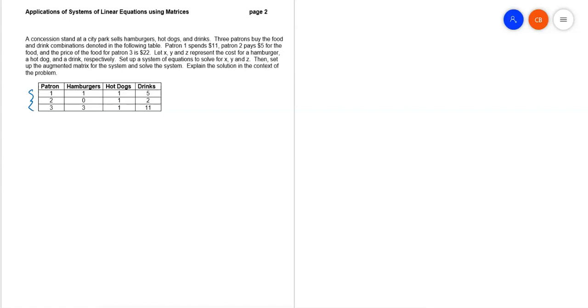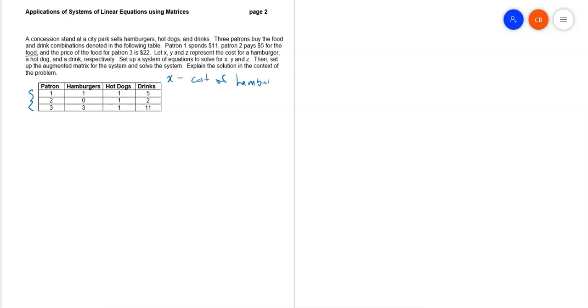So it says here that X, Y, and Z are going to represent the cost for hamburgers, hot dogs, and drinks, respectively. And I think by the wording here it says that they're paying such an amount of money for food, but we can tell based on what they purchased that actually they all bought drinks as well. So by food it simply means, in this case, consumables, where drinks are also being considered food. And I'm sorry if that's confusing, but we have already that